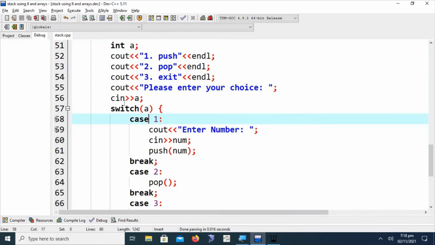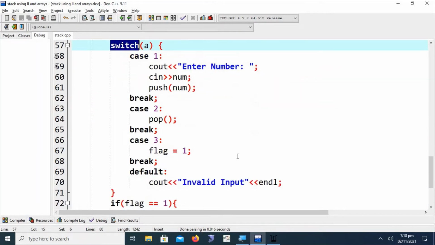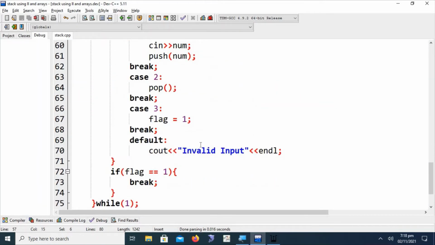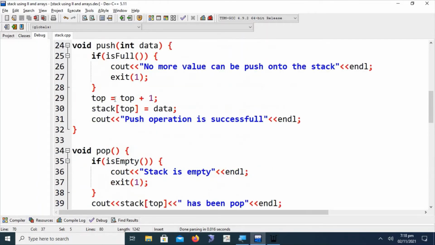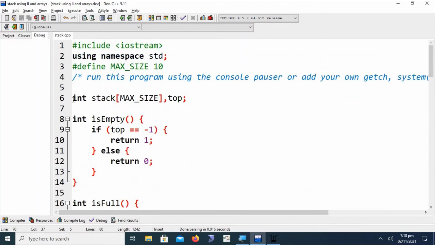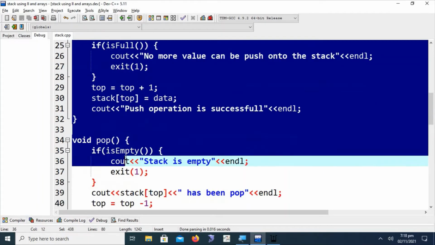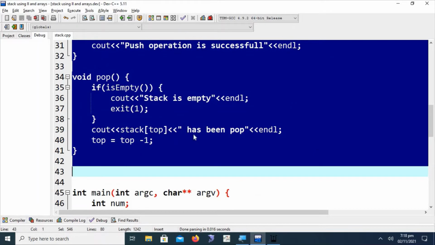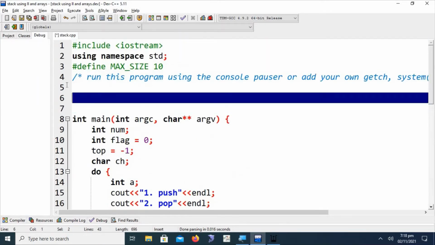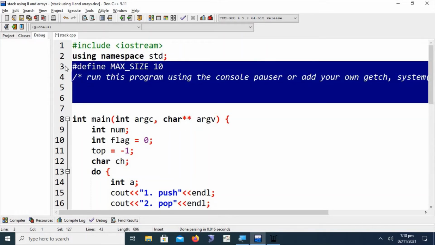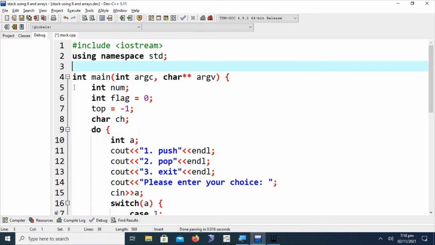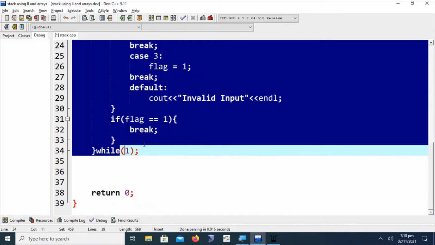Switch. This is a simple switch statement. There is no need for elaboration or discussion. So now we are going to implement the stack using a linked list. We have to remove or clear the entire code we have written for the implementation of the stack using an array. I am going to remove the entire code, to write the implementation of the stack using a linked list.